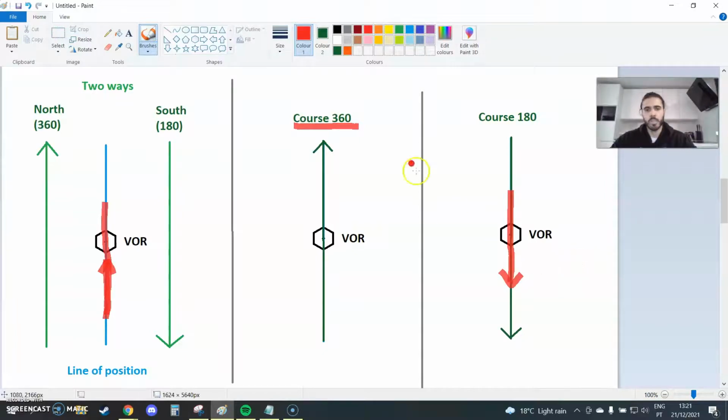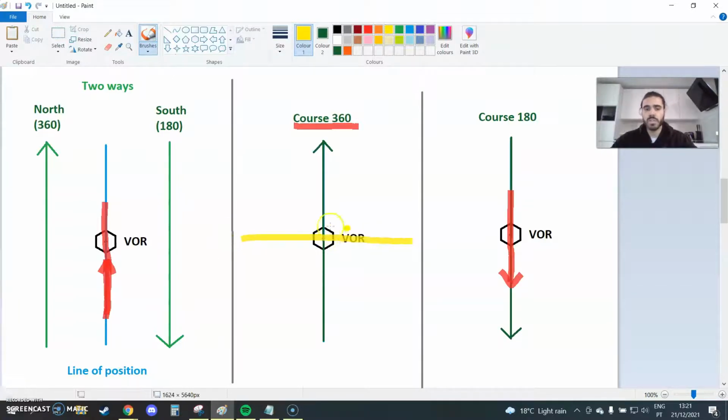Okay? So course 360, course 180 for this specific line of position that it's aligned with north. Every line of position that passes over a VOR has two courses. This one, for instance, is north and south, so 360 and 180. Let's imagine that the line of position instead of this one was like this, aligned with